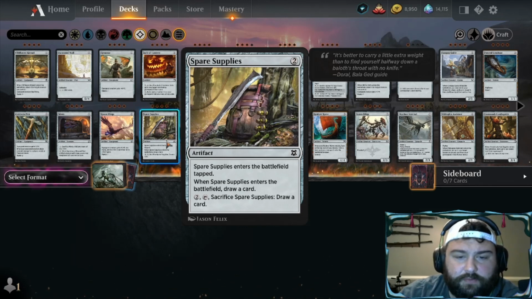When it comes to the battlefield, it enters tapped. When it enters the battlefield, you draw a card, and then you can tap 2 mana of any color and tap this Spare Supplies artifact, sacrifice it, meaning it goes to your discard or your graveyard, and you can draw a card. So it's kind of matching the flavor of the card, which is basically you find a pack with a machete next to it and you open it, and when you open it you're sacrificing the Spare Supplies to